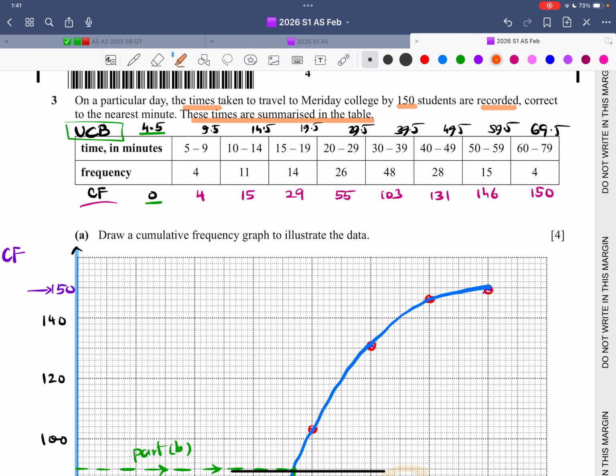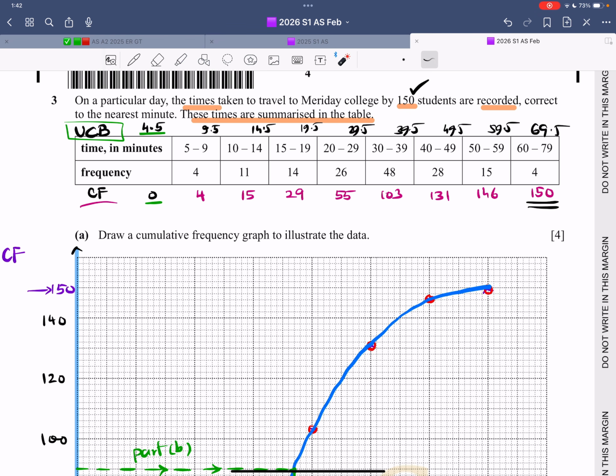So now the class intervals are given, 5 to 9, 10 to 14, and so on. There is a gap of 1 unit. We add and subtract 0.5, the concept of upper bound, lower bound. So 9 becomes 9.5, 14.5, 19.5, and so on. Less than 9.5 is 4, less than 14.5 is 11 plus 4, less than 19.5 is 14 plus 11 plus 4. The last answer should exactly match with the total number of students. That's a hard and fast rule of cumulative frequency.